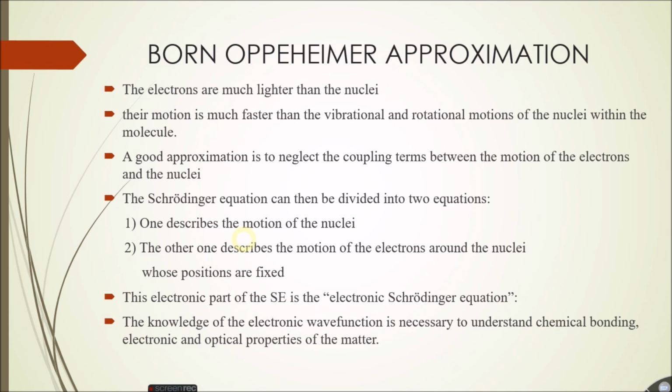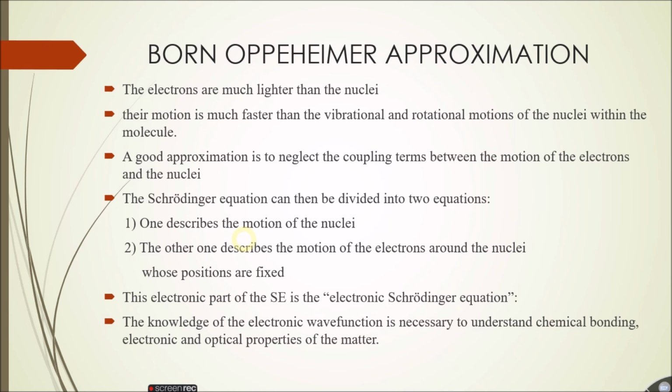What does this Born-Oppenheimer approximation actually do? What does this approximation explain to us? Okay, let's have it. You have two things in your atom or a molecule, right? One is your electron and the other is your nuclei, right? You know the nuclei is positively charged, electrons are negatively charged. That's all about the charged properties.